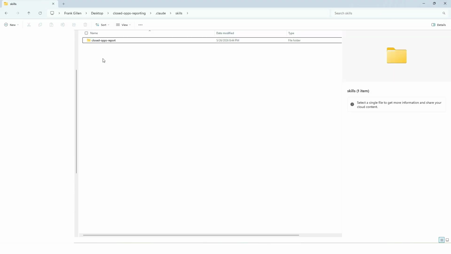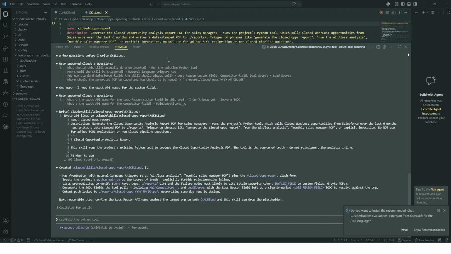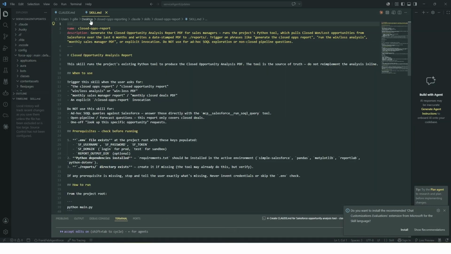And then within the skills folder, there's this specific skill. And then there's that skill MD file. And if we collapse this, you'll see that there's that skill MD file here. So you can see the name, closed ops report, and then this description here is how this skill gets selected. So depending on what you prompt, Claude Code will determine if it picks this skill or not based off the